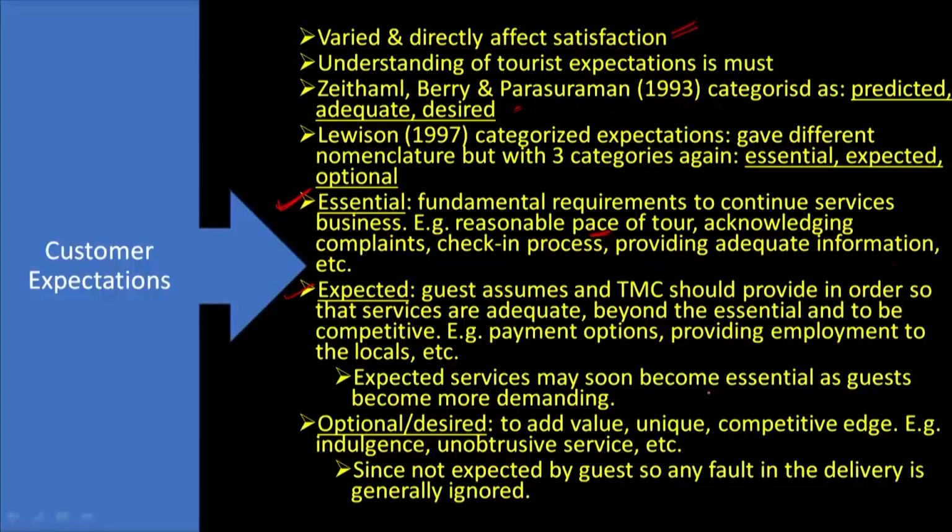So, they must try to employ local people, as when they provide employment to the local people, they generate positivity among the host community also, as a result of which the interaction between the host community and the tourist becomes very conducive. Okay. Now, expected services may, yes, this is a very important point, that expected services may soon become essential as